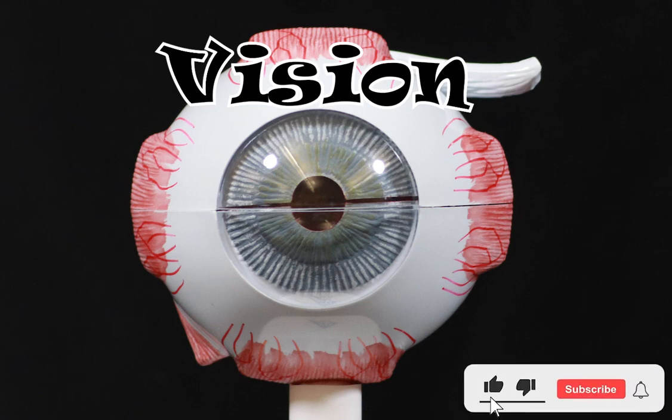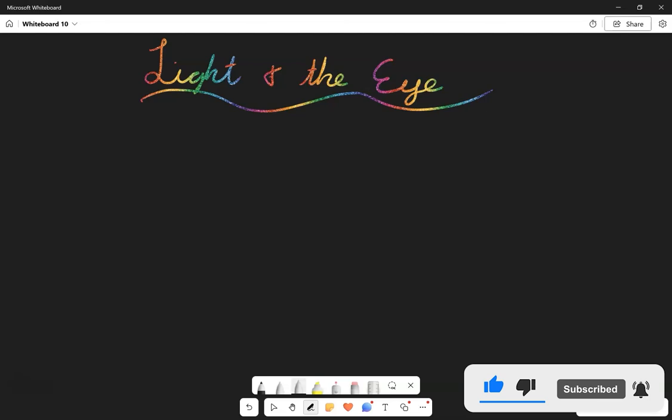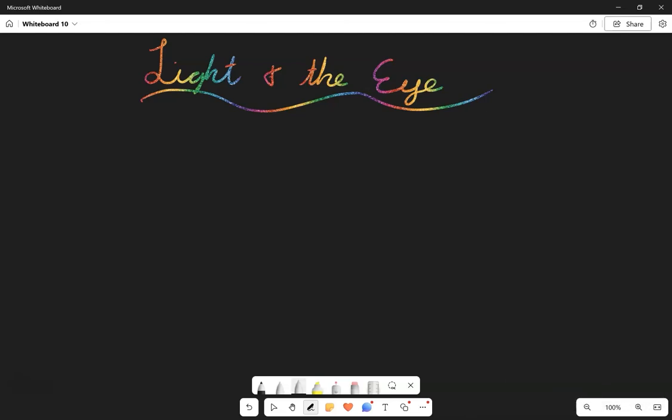Your eye is essentially the structure that captures photons or light rays from the surrounding environment. So let's take a little bit of a look at what that looks like. Okay, so if we draw the eye,